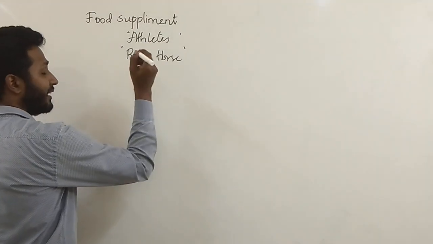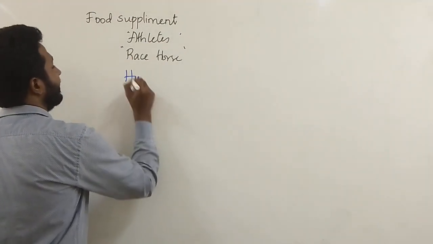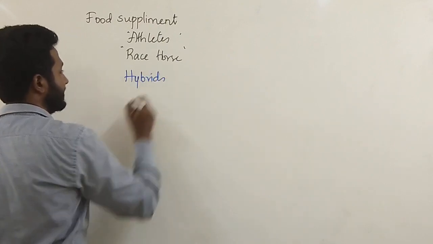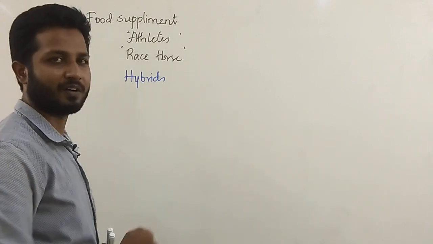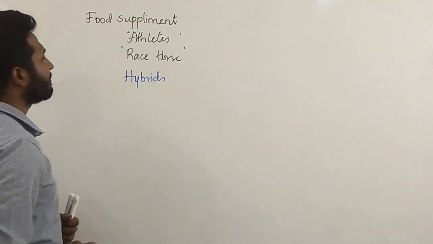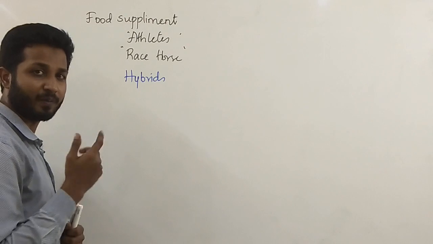So, that one I am writing in blue, which means that it is not for board, it is for need. So, hybrids, to generate hybrids. Half the number of chromosomes are there in pollen grain, so you can use it for generating a new variety. Then, it is not like pollen grains are always commercially important.